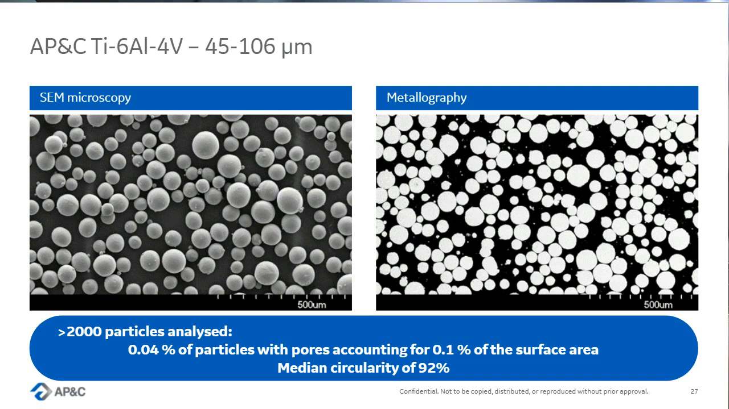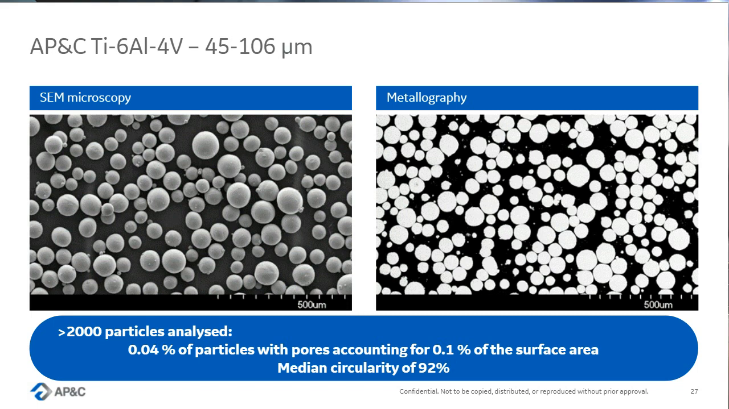So we'll have a little bit more here on this 45106, but it's still very low at 0.1%. Often I've seen in specifications people stating max 2%. So we're talking very, very low porosity. That, again, lowers your risk of the powder in your process. That being said,